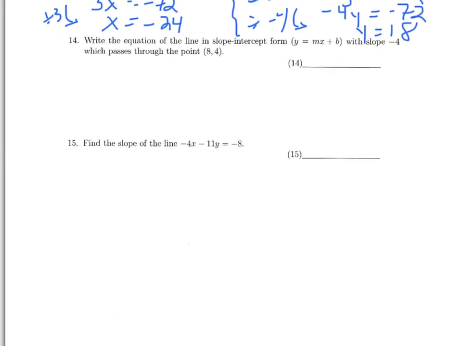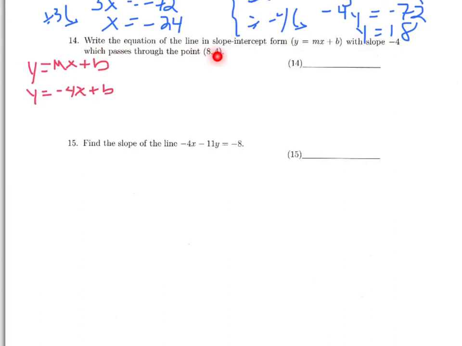Number 14. Write the equation of a line in slope-intercept form. There's a video on YouTube, on my YouTube channel, that talks about slope-intercept form. You should go take a look at that if you haven't done that already. And slope-intercept form is y equals mx plus b. And here it is here. Slope is negative 4, so here we get to put a negative 4 in there. Y equals negative 4x plus b,